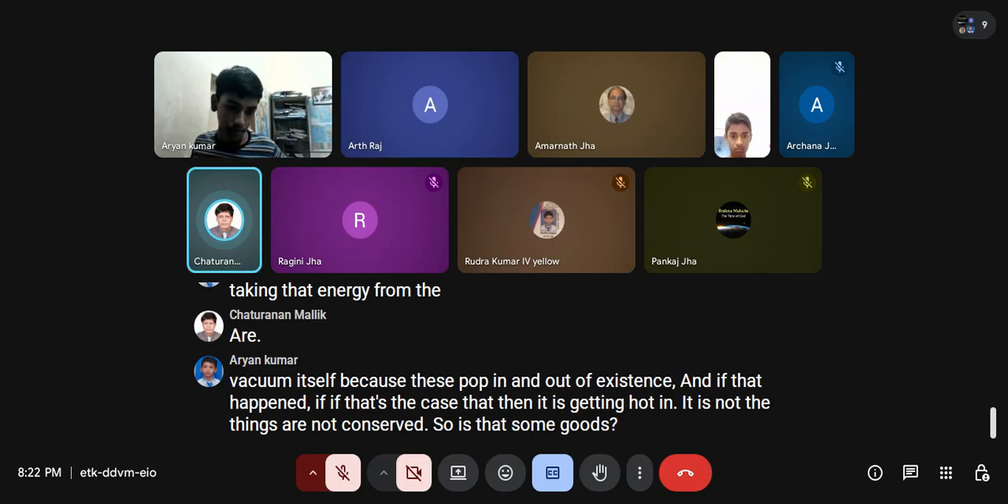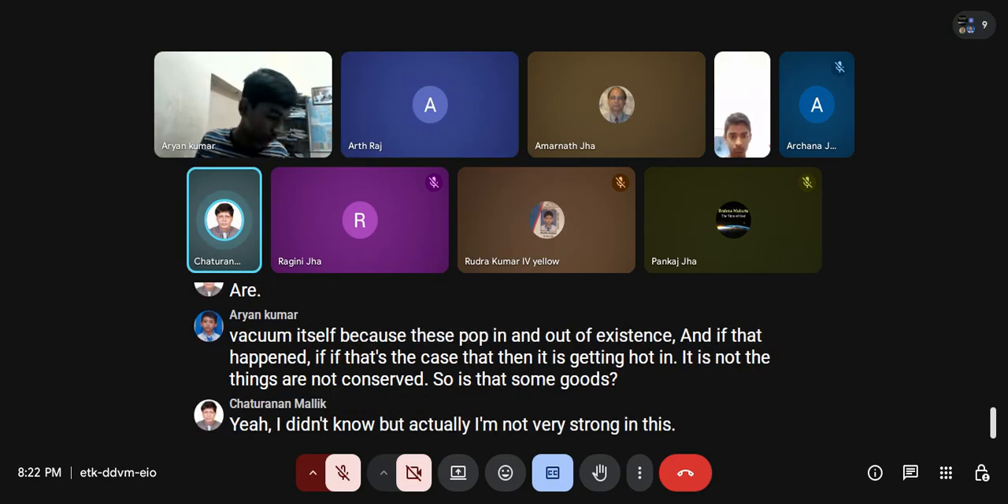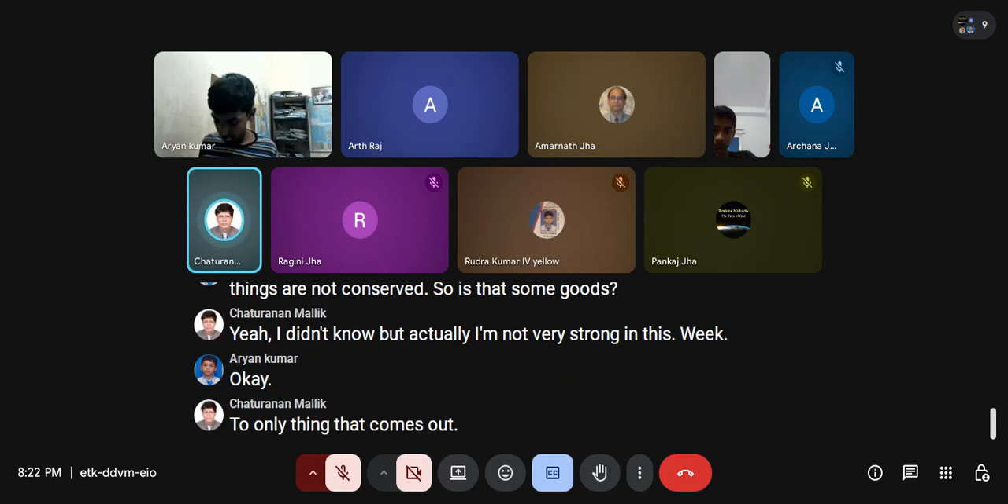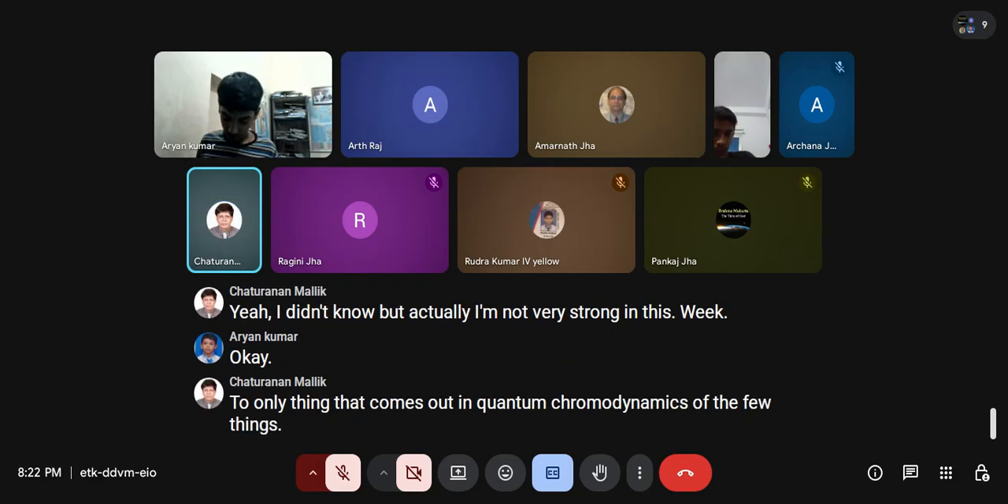Yeah, I didn't know, but actually, I'm not very strong in this electroweak theory. I'm not very strong. I won't be able to answer this. Okay. The only thing that comes out in quantum chromodynamics is one of the few things. Whenever there is symmetry broken,